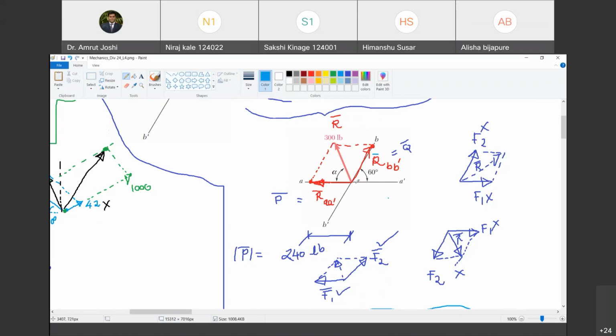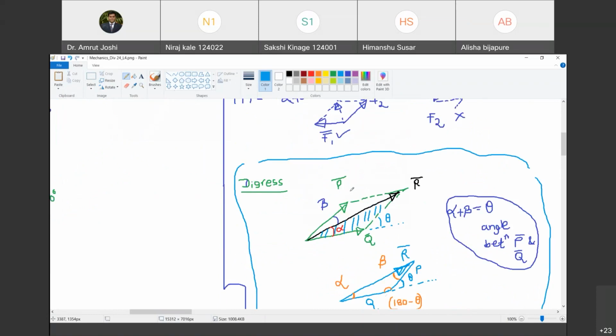So before we proceed with that, let us first take a digress. Digress means changing the topic. So let us change the topic for a while and let us go into the geometry of parallelogram once again, for a reason which will be relevant once we discuss this. Are you with me? Yes.